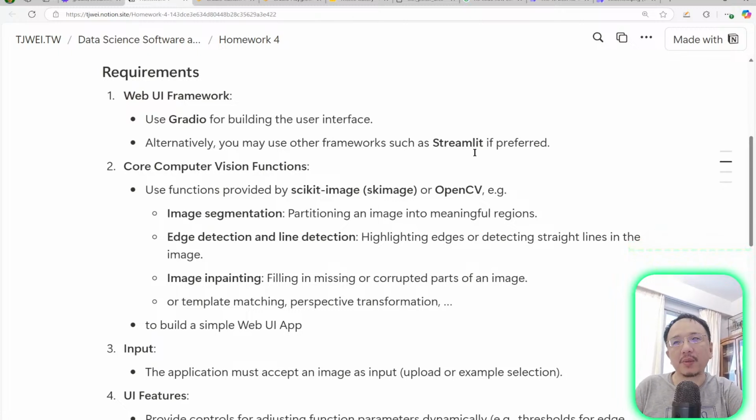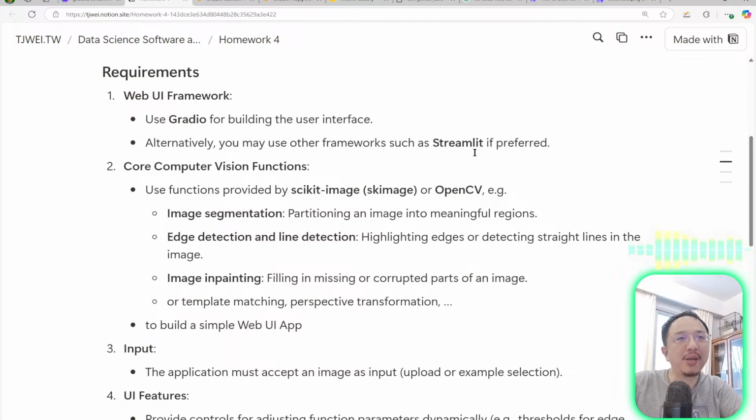But if that is what you want, we certainly don't have any limitation about it. As long as you can host it on Hugging Face and provide the required user interface,